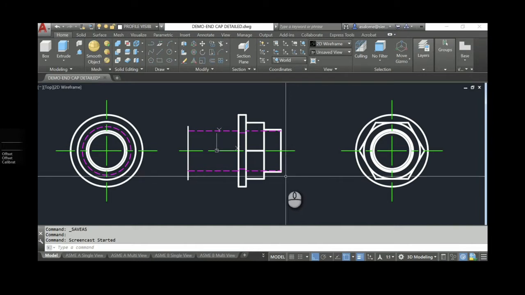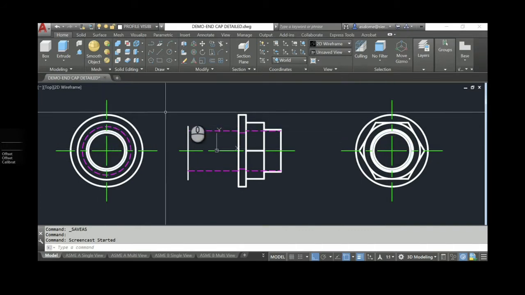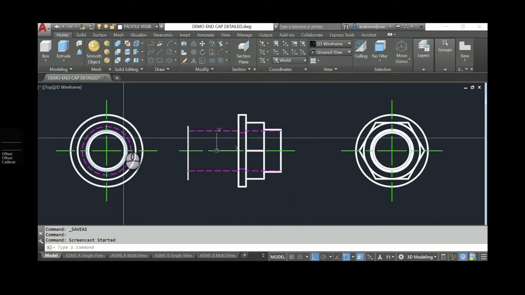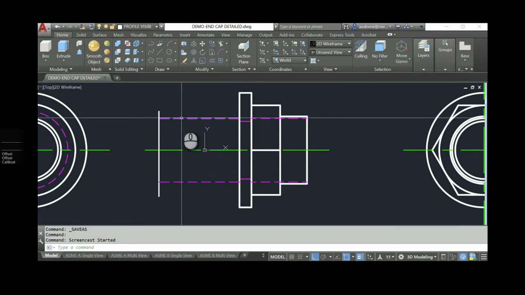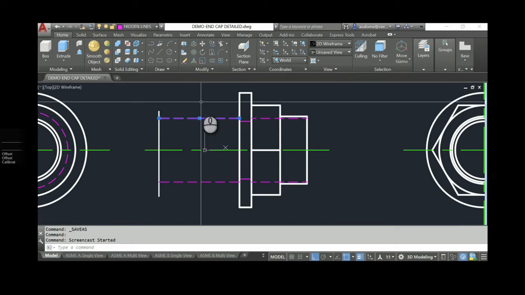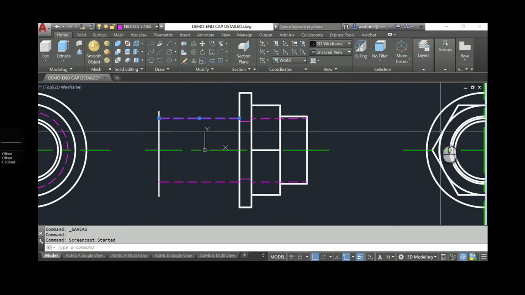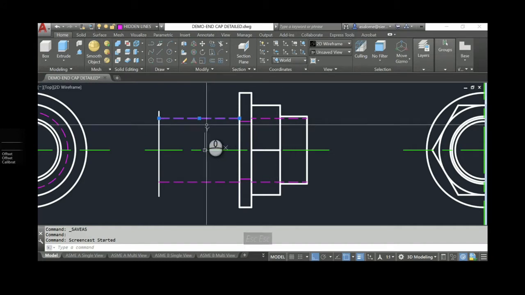So here, this part has a lot going on, and I couldn't develop this part without three views, and in fact, I'm not done with it. I don't have my hidden line in over here for my hex and so forth. But we're going to work just on the threaded portion of this, and we want to make sure that we have our correct offsets. This hidden line here, I believe that's a through hole that I've projected from one of these other views. I can go check that.